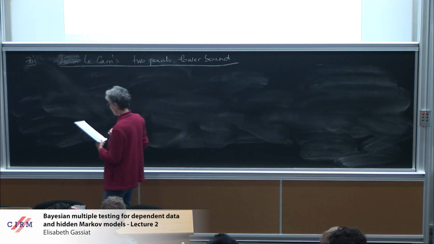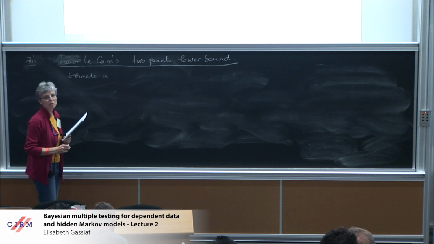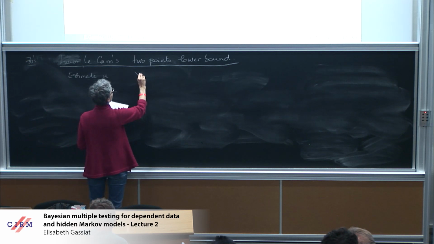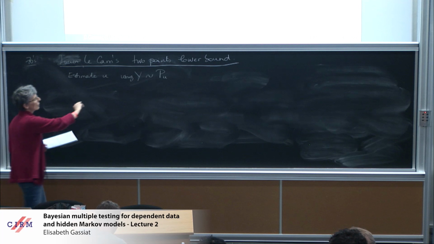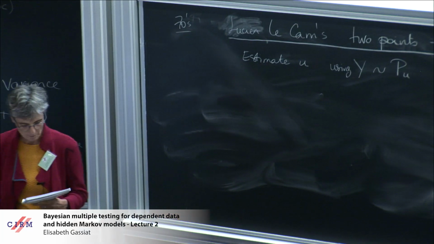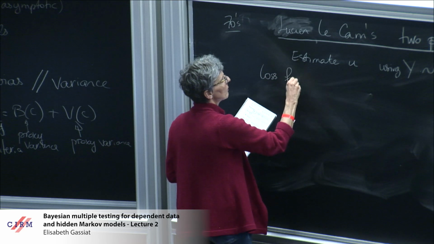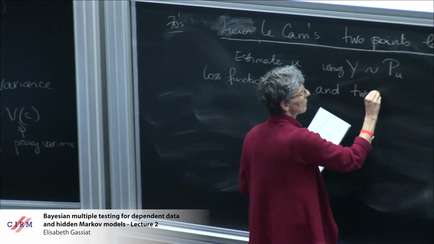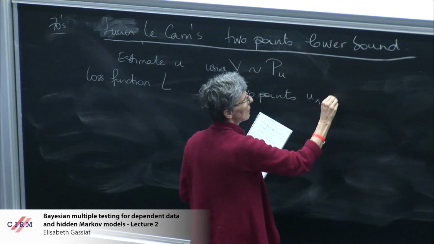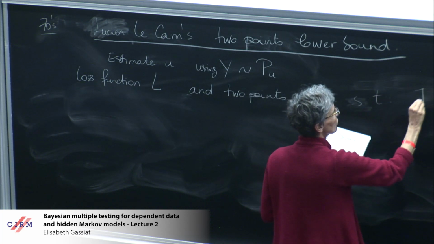It's very general. You want to estimate some parameter u, from which you have information with some y, with distribution depending on u. Of course you could have other parameters, but I would consider only what happens with u. So you assume you have some loss function and 2 points, and a constant such that there exists a constant